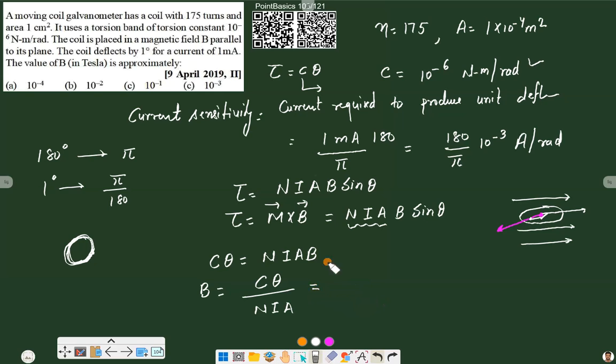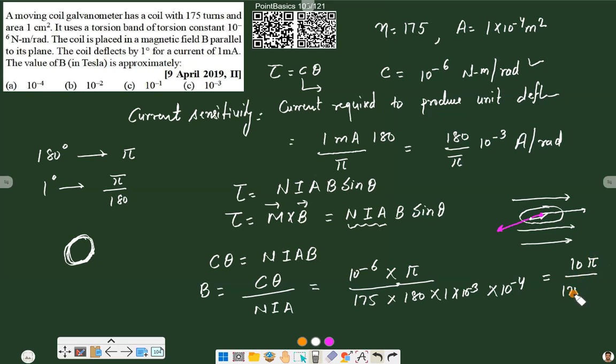Now using all the values, the value of C is already mentioned, that is 10 raised to power minus 6. Theta here is 1 degree, and that 1 degree needs to be converted into radian, so pi into 1 by 180. Number of turns we have is 175. Current is 1 milliampere. And moving ahead, we have area, that is 10 raised to power minus 4. So that will be 10 raised to power minus 7, and on top we have 10 raised to power minus 6. So it will be 10 pi